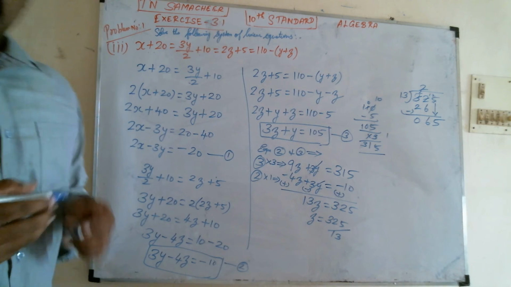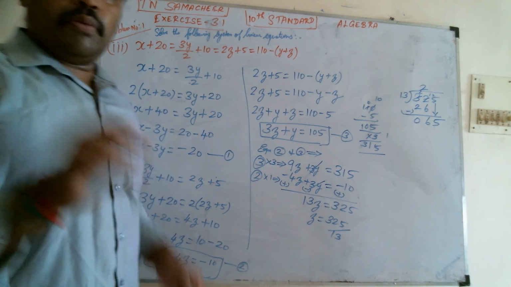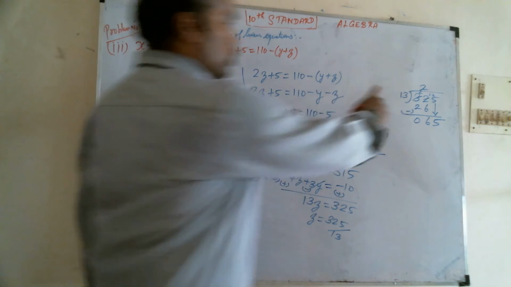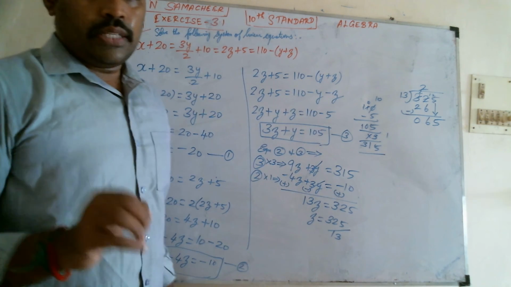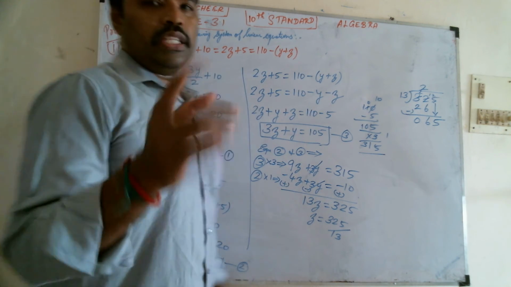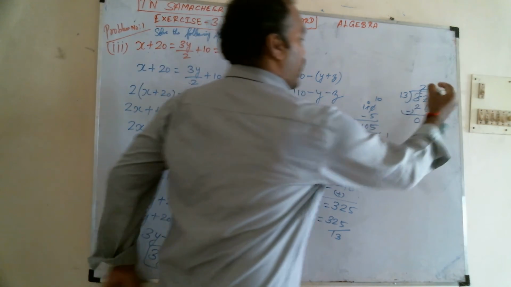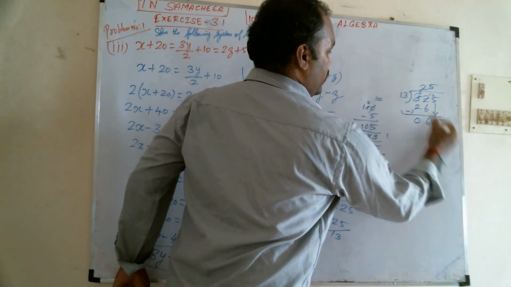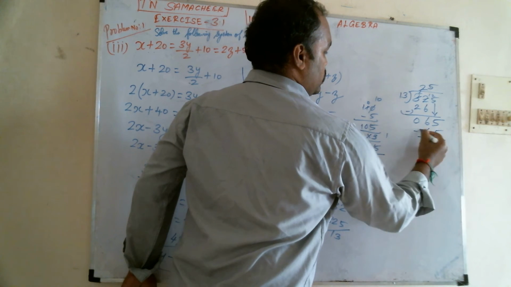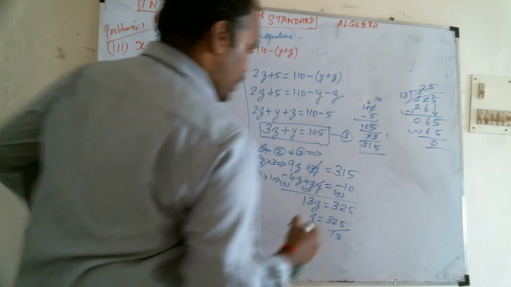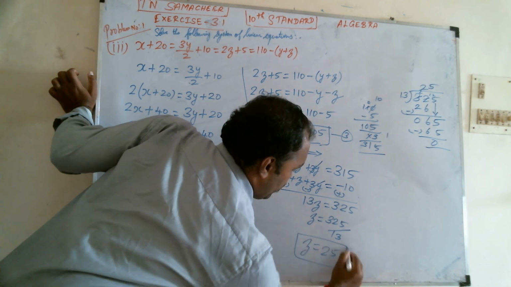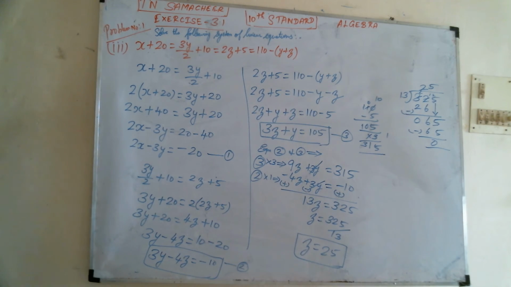This 5. We need to do it like this. So in the 13 table, 65 will become at which number? 1 13 is 13. 2 13s are 26. 3 13s are 39. 4 13s are 52. So 5 13s. 5 into 3, 15. Balance 1. 5 into 1, 5. 5 plus 1. So 65. So Z value is how much? 25. Z is 25.